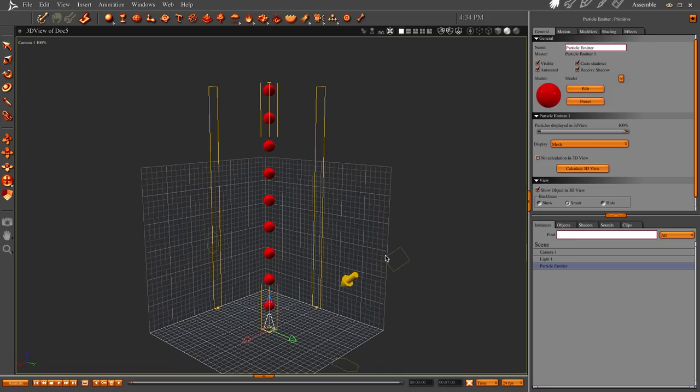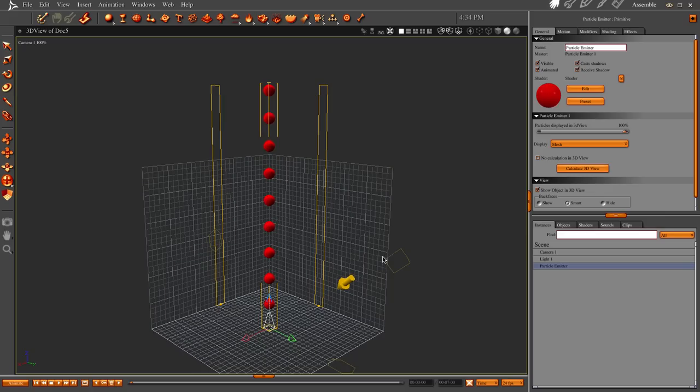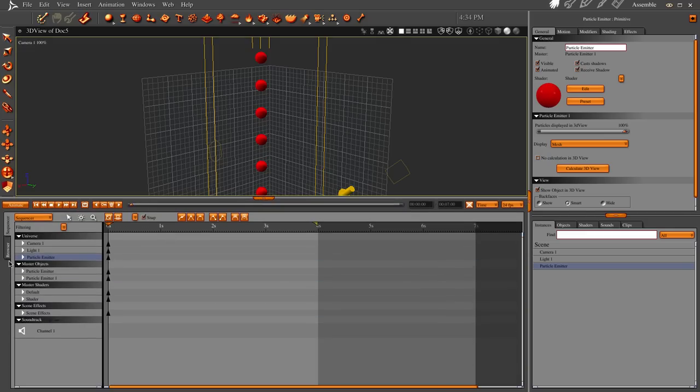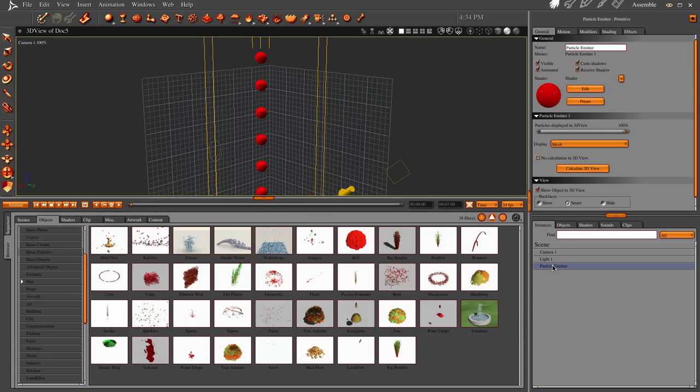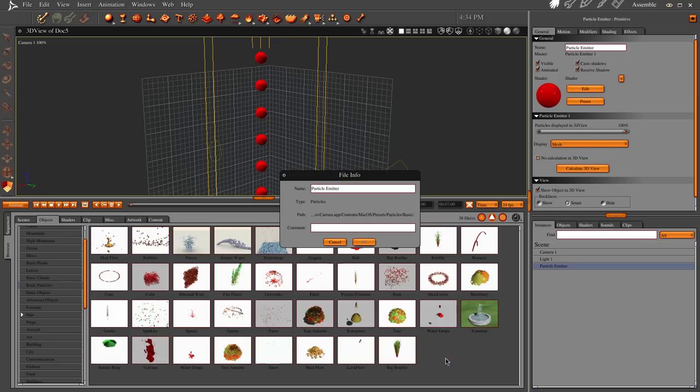Now, the very next tutorial is going to be our forces, and some of them are pretty cool, some of them are pretty bland, but it's a pretty cool thing. But now we have a particle emitter set up for it. But before we do anything else, I almost quit it there, but go into your browser, and in your objects, you've got to hunt for all this stuff. In your objects, you can pretty much drop them anywhere, but if you want to keep them with everything else, go to basic particles, take your particle emitter, drop it in there,